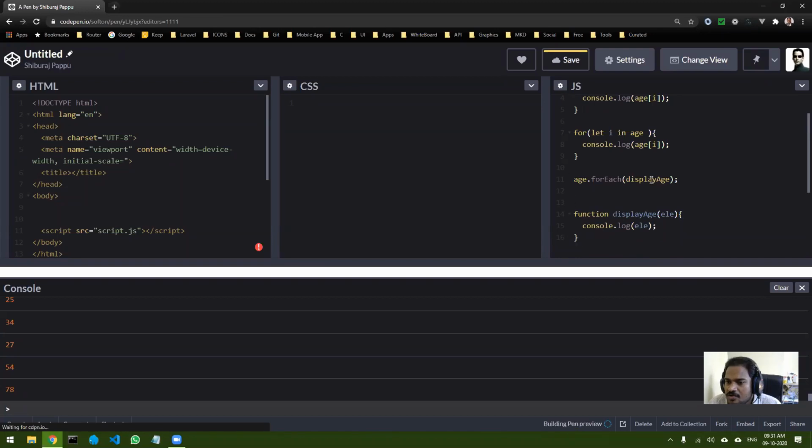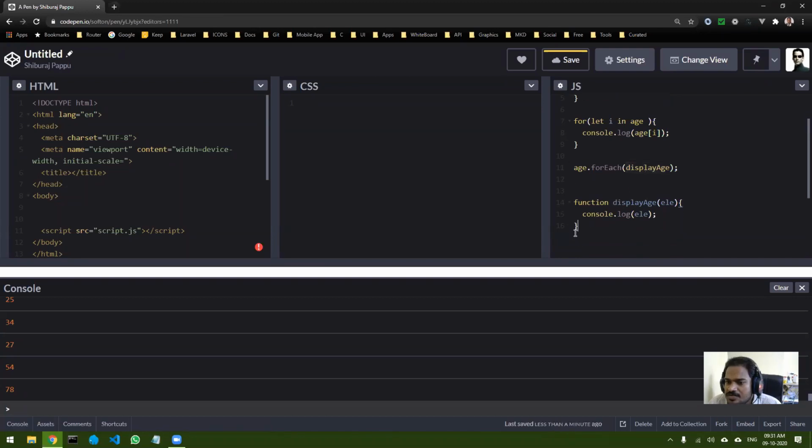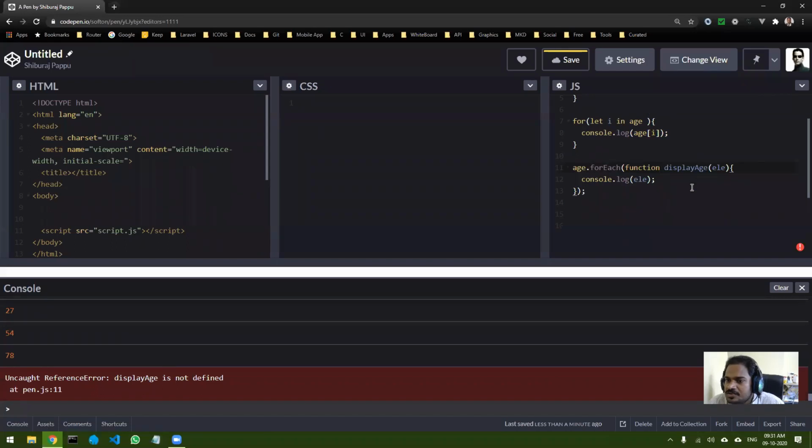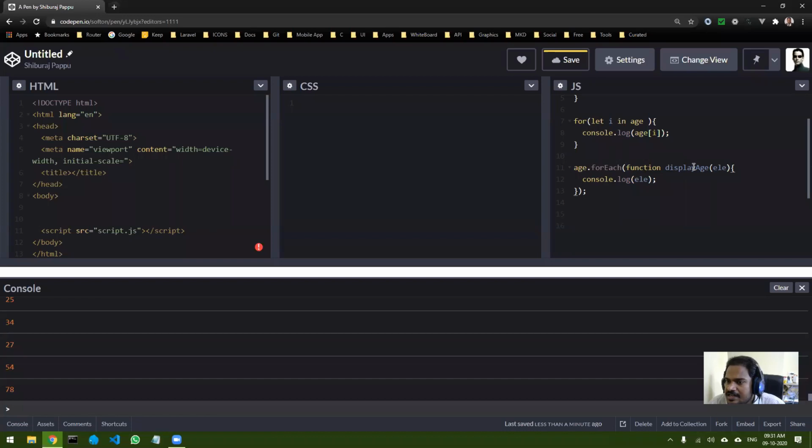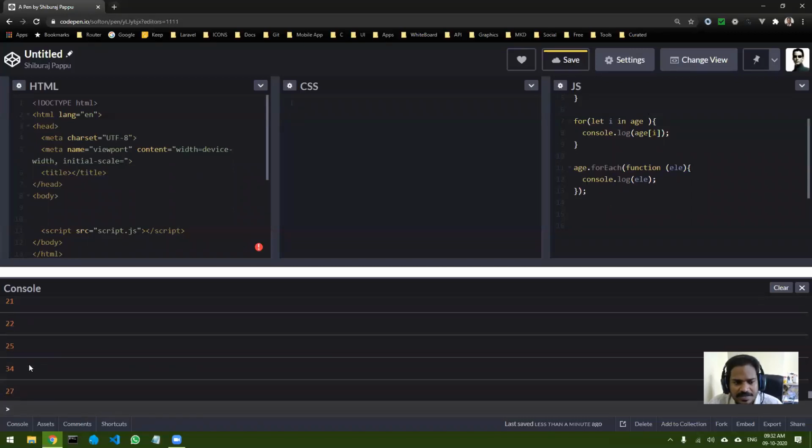How to convert this into an anonymous function? It is very simple. In an anonymous function, there will be no name. So I'm just going to replace the entire function over here and delete the name. I don't need the name. Once this is done, my anonymous function is ready, and you can see it gives me the same result.